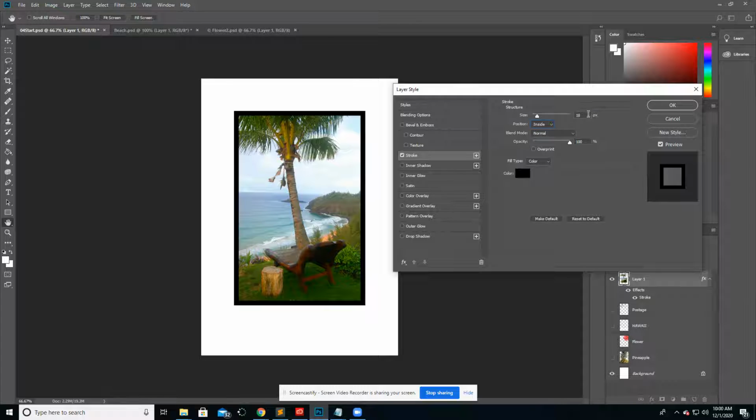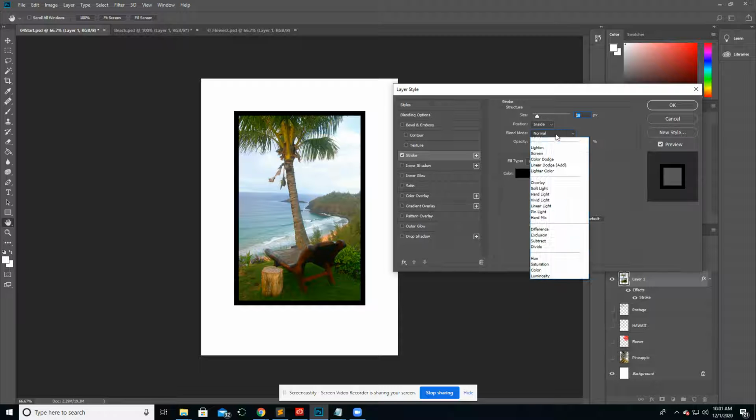So I'm going to change the size of this to only 5. So we're going to do 5. We're going to leave it on inside. We're going to change the blend. I'm sorry, we're not going to change the blend. We're going to keep that on normal. And then the opacity. Now blending, by the way, like if you want it to blend in, since it's on the inside with stuff in the background,